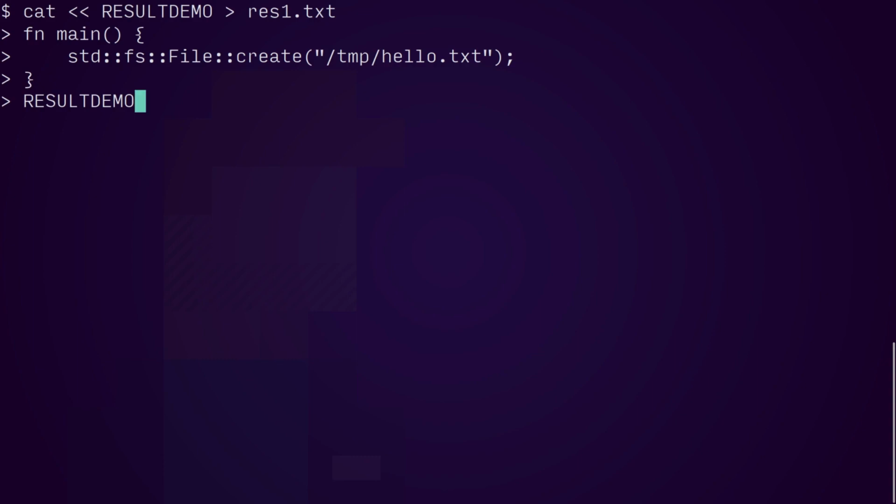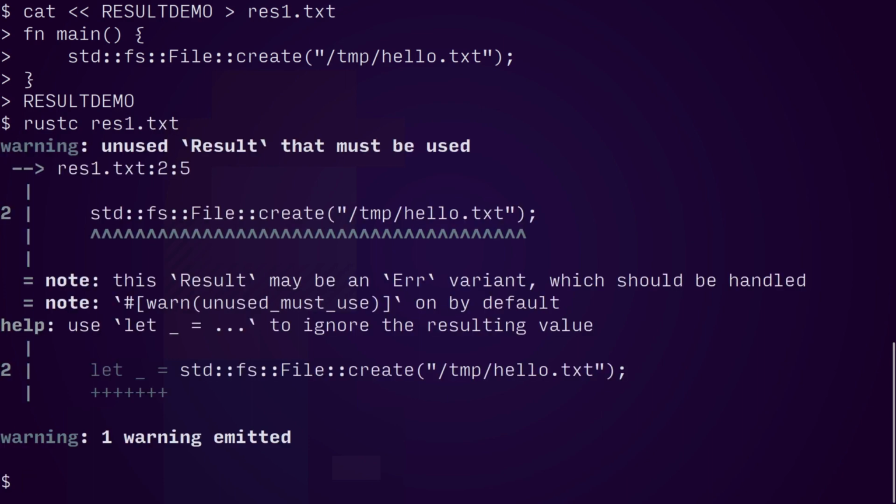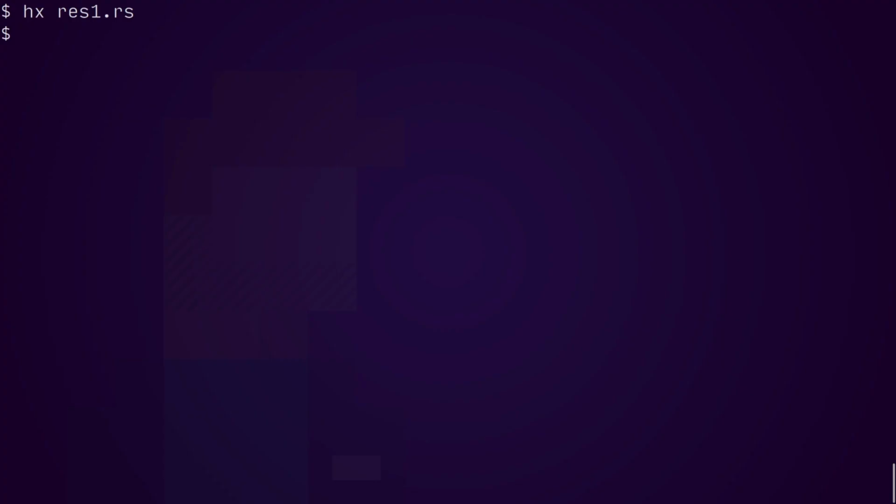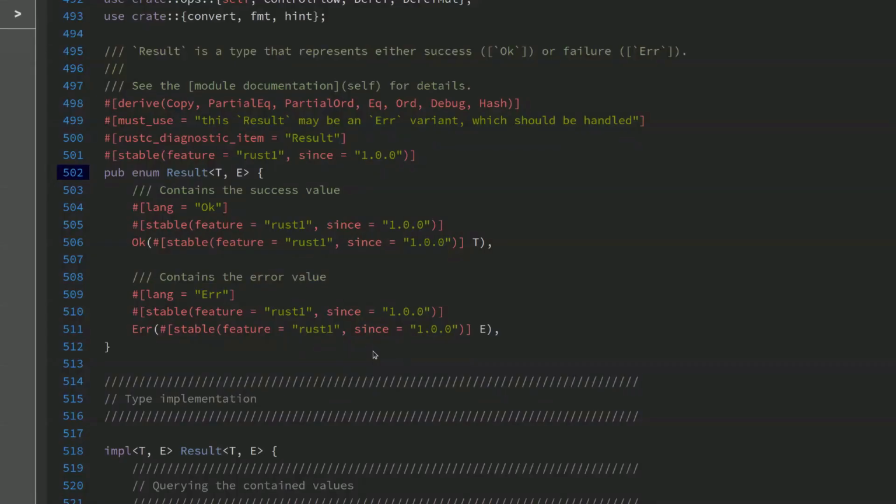That must use attribute is kind of what provides the power of Rust. It informs the compiler about the fact that it needs to nag you whenever you encounter a result. The must use attribute will coerce the caller to dealing with both sides. You can't just decide, today I'm not going to worry about the possibility of errors. But where are type constraints?